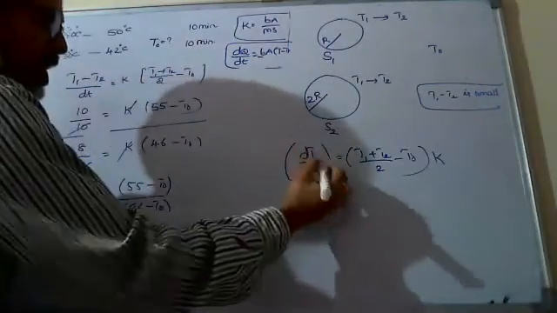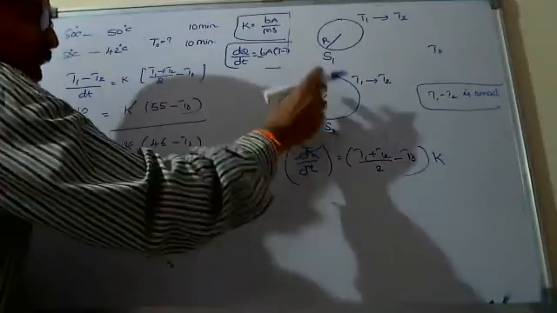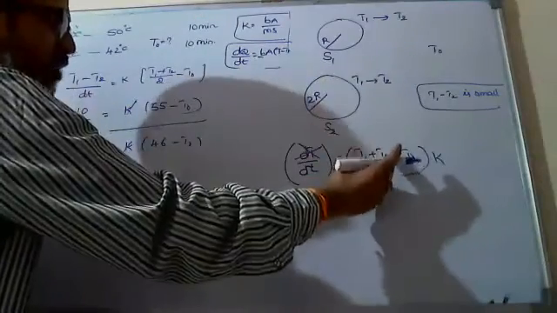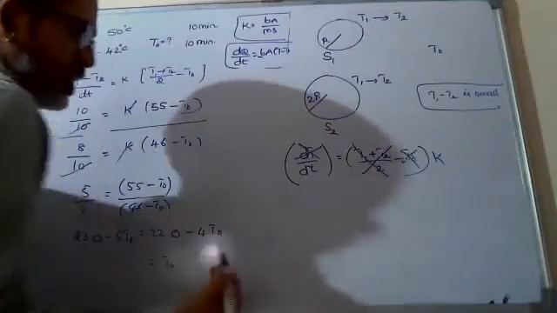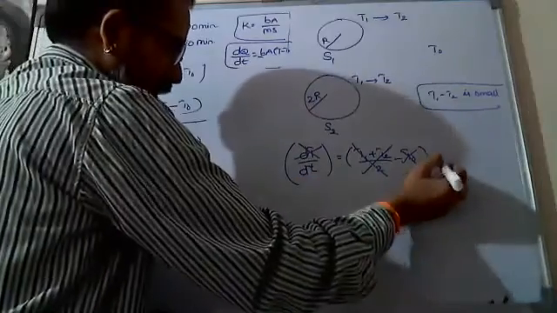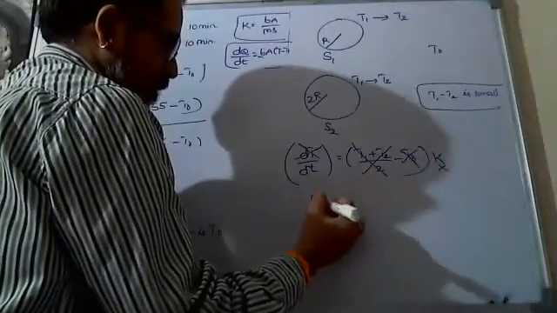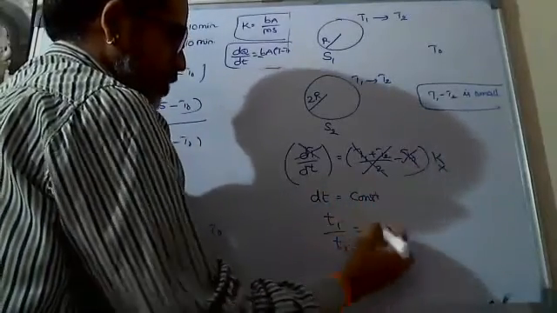Okay. In this case, dt in both the cases is the same. It is a constant. In both the cases, the average T1 plus T2 is constant and T0 is constant. The whole thing is constant. That's why, don't go to this concept by considering K also as a proportionality constant. That's why dt is constant. Therefore, the times taken T1 is to T2 is equal to 1 is to 1.